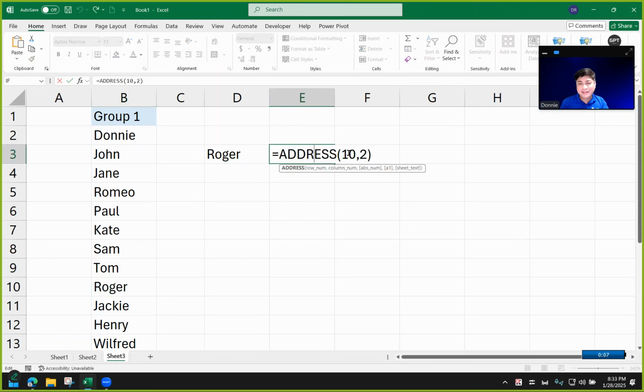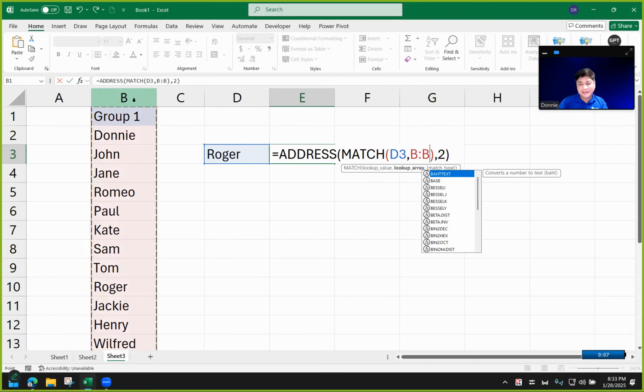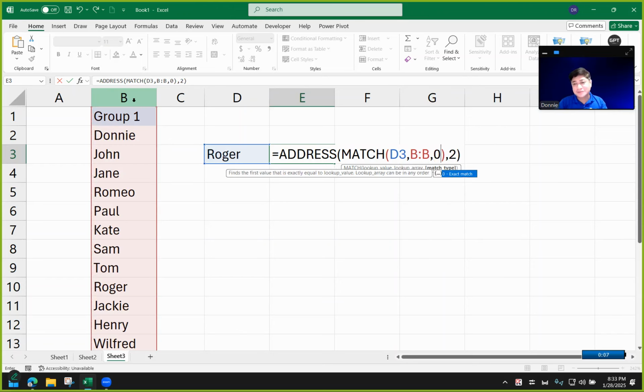Now, as you can see, the address function would require you to give it the row number and the column number. Now, the row number is quite easy to solve. Actually, you can use the MATCH function instead of just putting the number 10 there, and use match to locate this value, D3, and then look it up under this column B, and then comma, then 0 or FALSE.